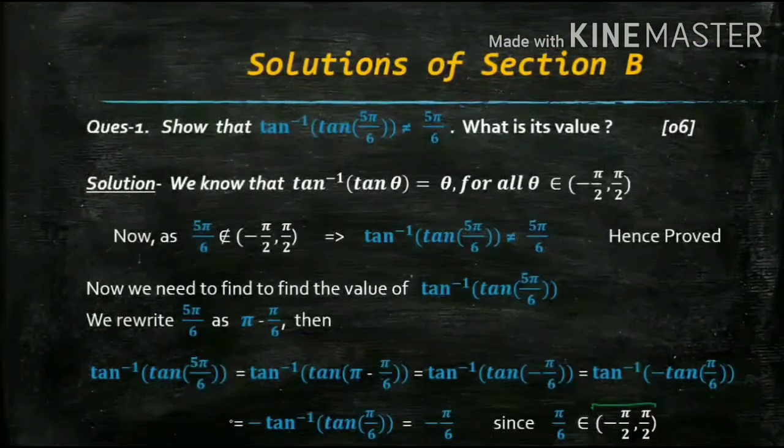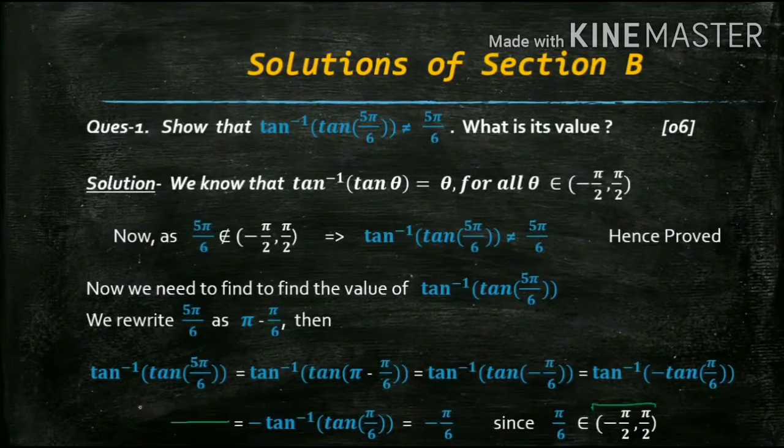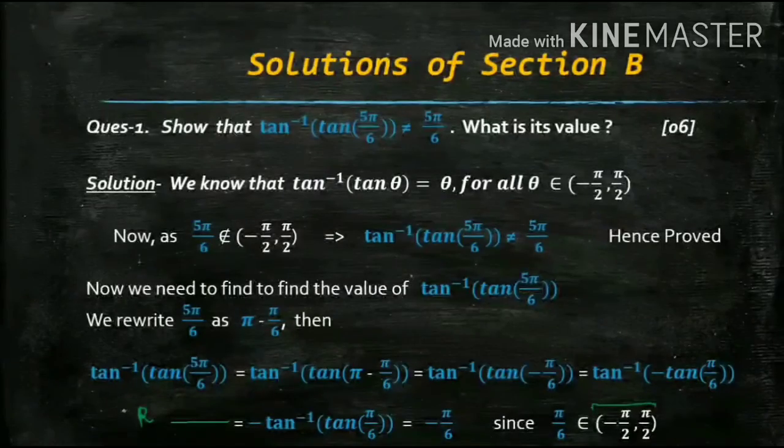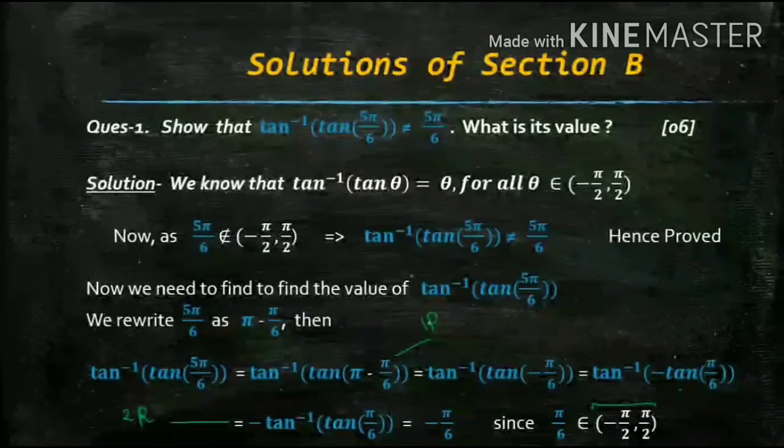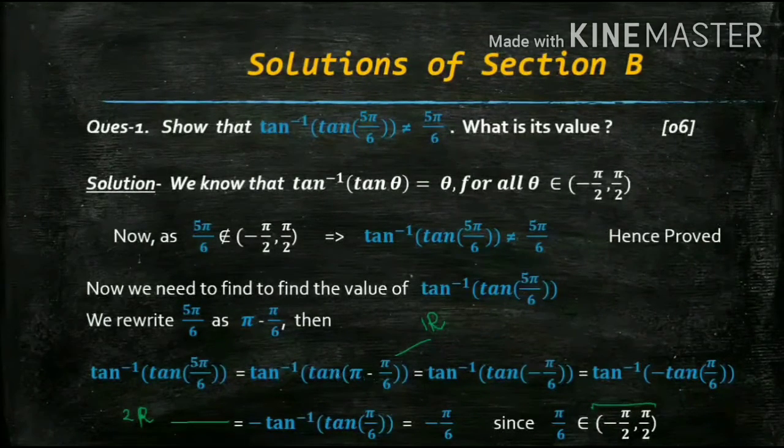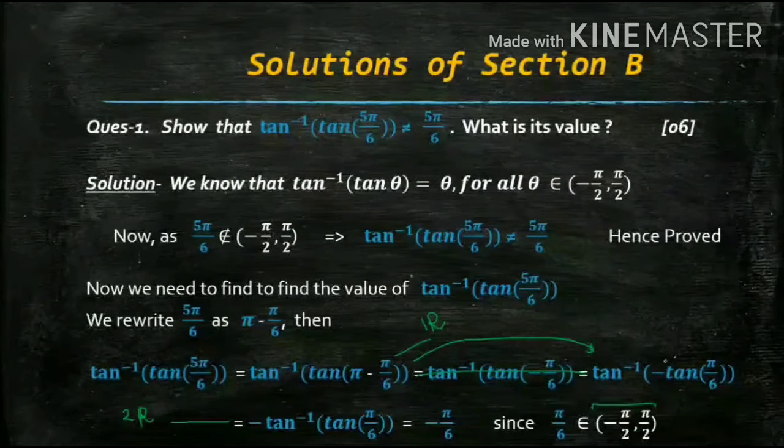I thought I had given the reasoning over here, but I have not, so you have to give the reasoning. This is basically the second reasoning I must say. First reasoning you have to give over here. Reasoning means the reason. How can you say that tan of pi minus theta is minus tan theta? This step is wrong. You have to come directly from here, right? So you have to say that tan of pi minus theta is minus tan theta.